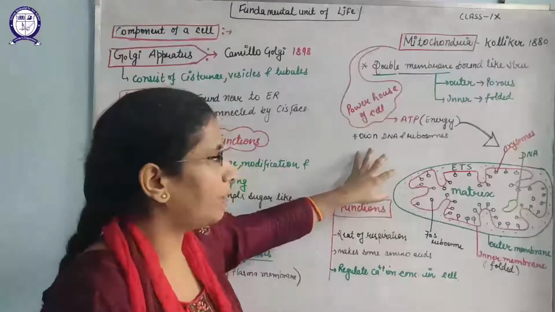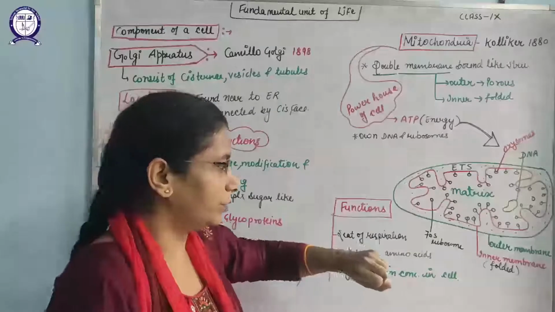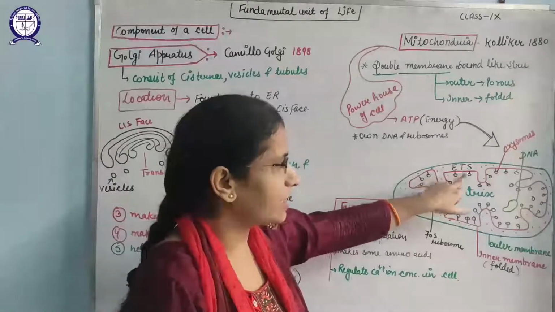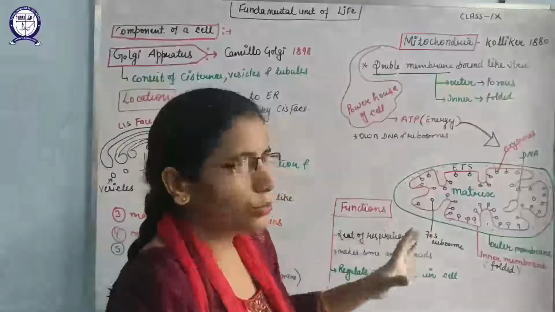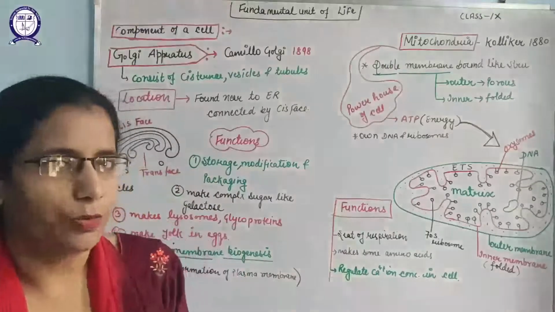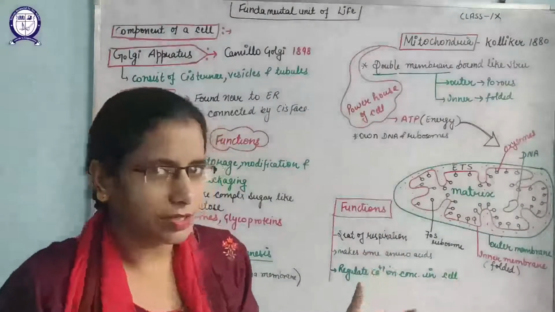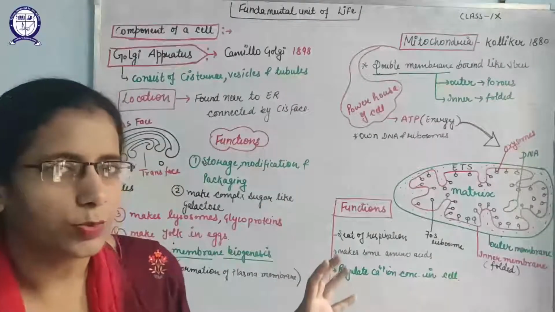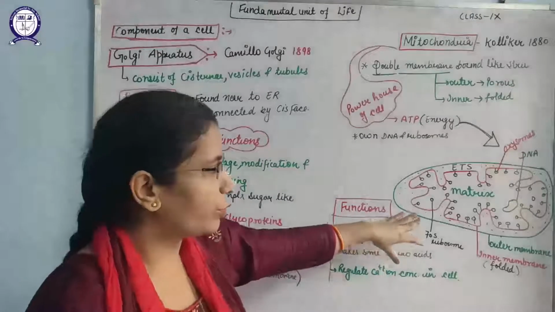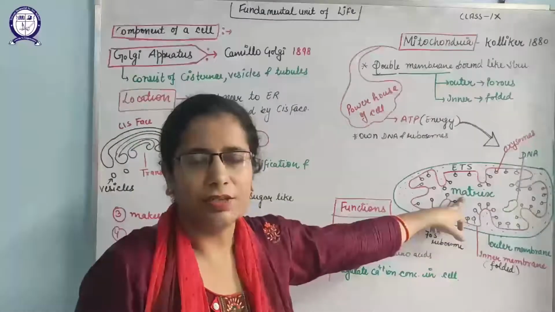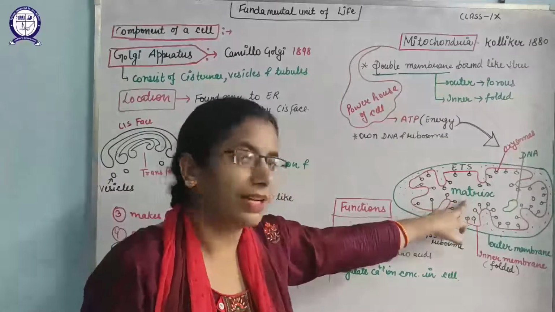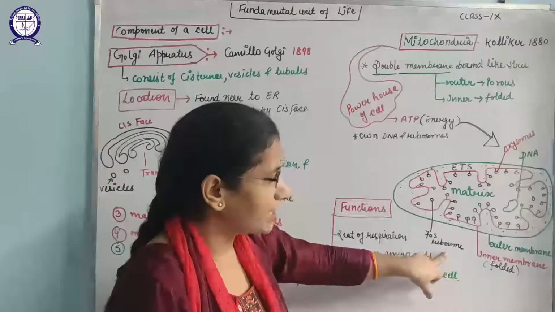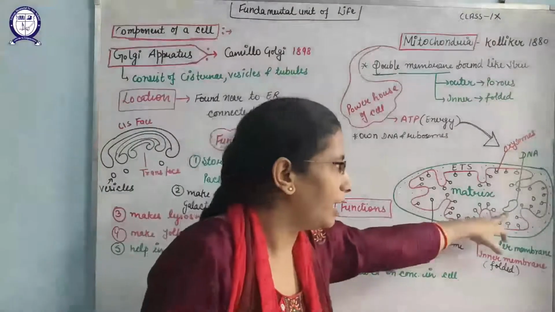This mitochondria also has its own DNA and ribosomes. You just see the structure here. In between the outer membrane and inner membrane, there is the ETS, electron transport system. Assume that in a cell there is cytoplasm, and in the cytoplasm the mitochondria float. In the cytoplasm the glycolysis process operates, and inside the mitochondria the Krebs cycle operates, which helps in the formation of ATP. So in the matrix, the Krebs cycle takes place. It also has its own 70S-type ribosomes and its own DNA.